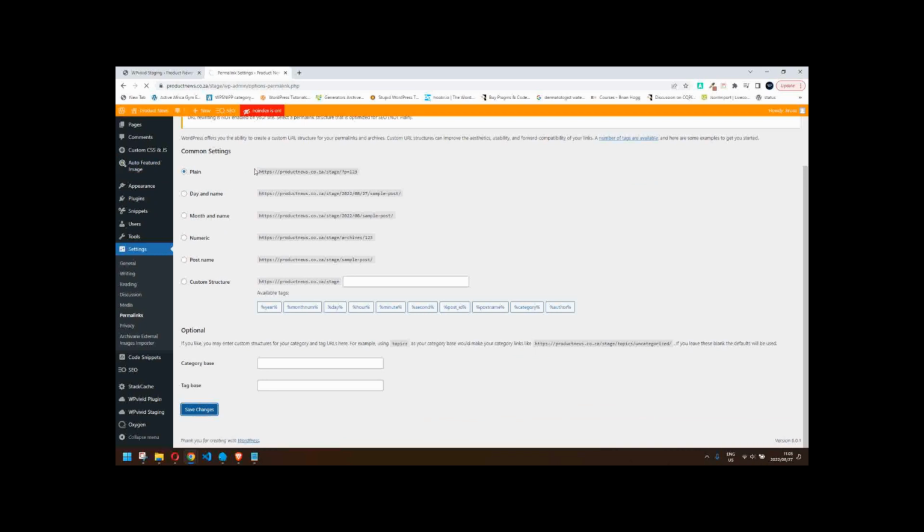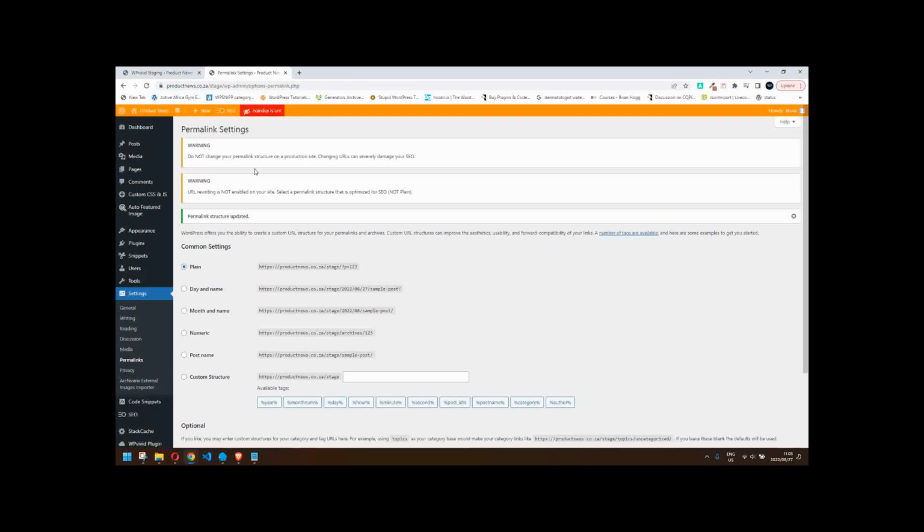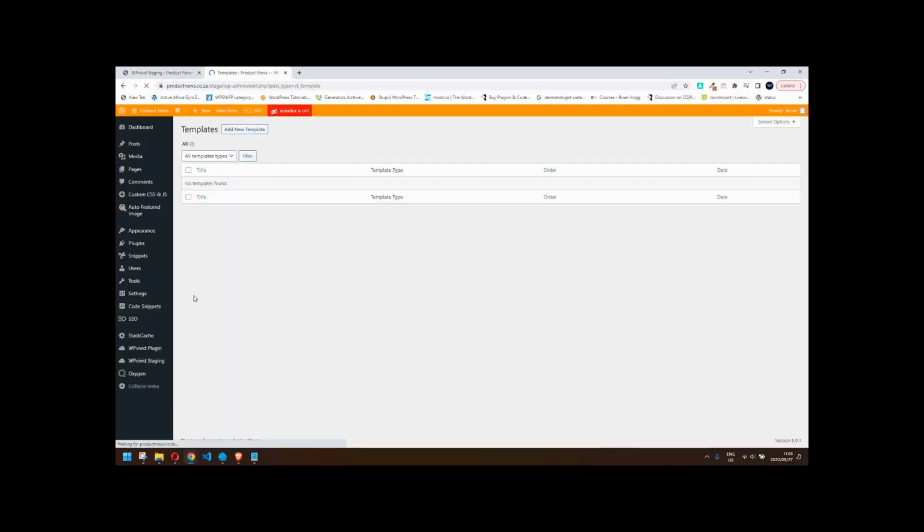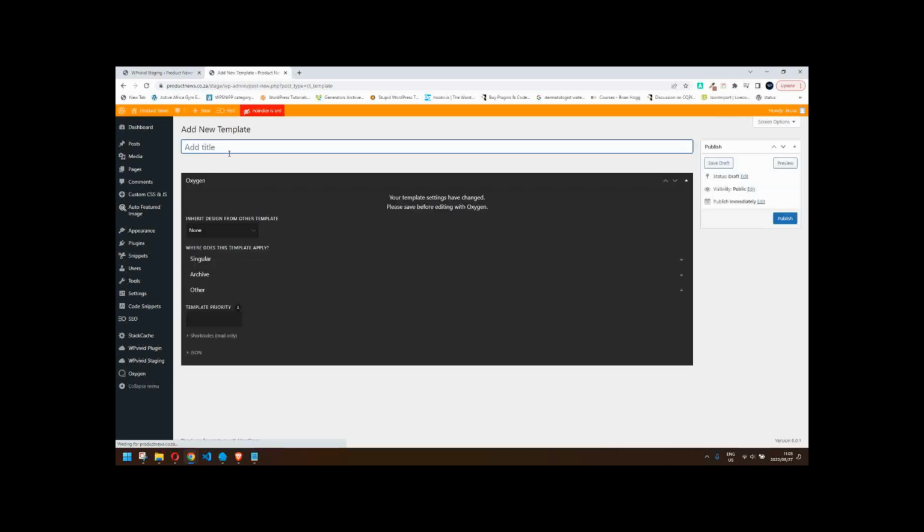If it's not set to plain, you may find that you have issues where you're trying to save a template in Oxygen or a post, and you'll get an error message, or in Oxygen it just doesn't save the template. So now I'm going to head over to templates, and we know we need to go through the process of creating the basic layout. So the first template we'll do is create the main one. So main, publish,